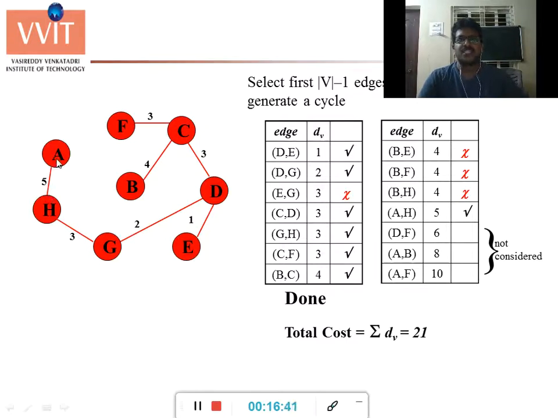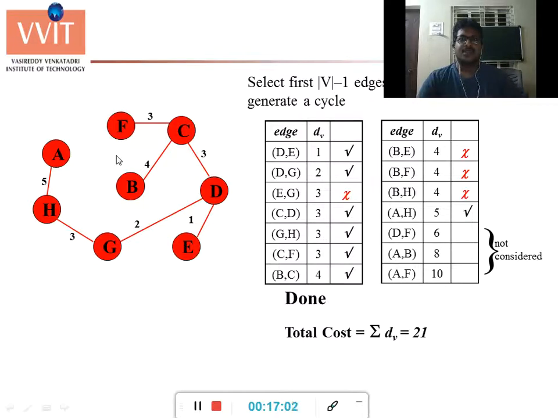So you need to visit from one city to another city with a minimum cost. That means all the cities have to be covered, all the cities have to be visited with minimum cost. This is an example, and we call it the traveling salesperson problem. Like this, we will use minimum cost spanning trees.